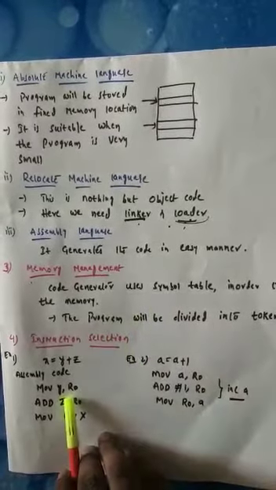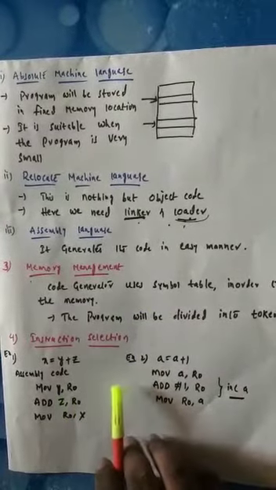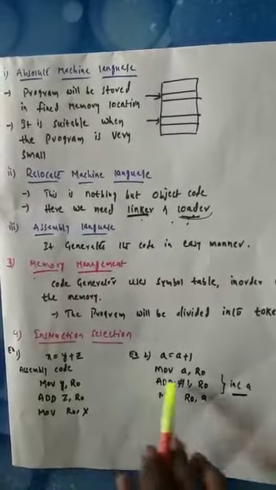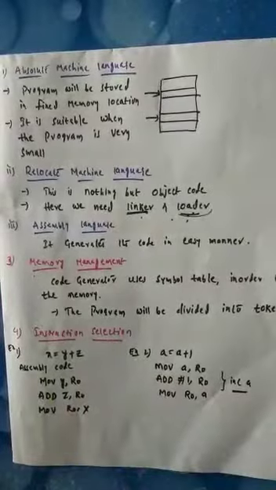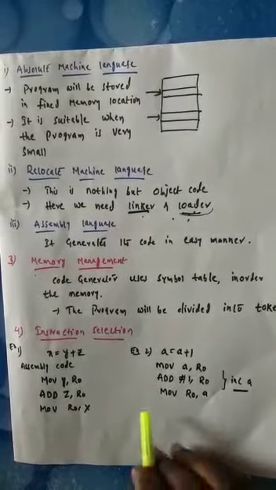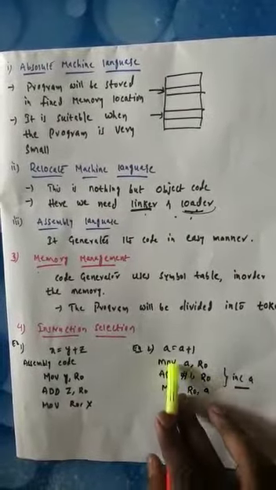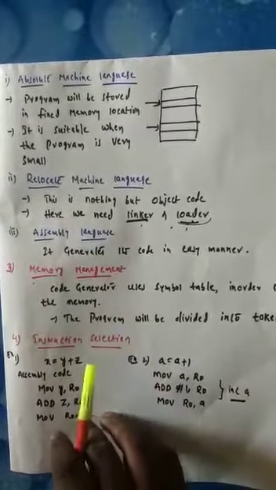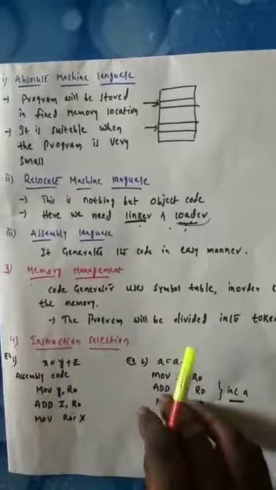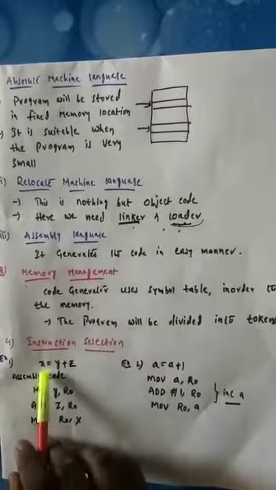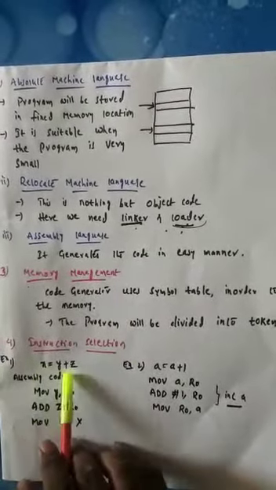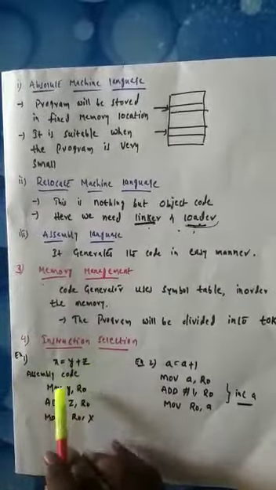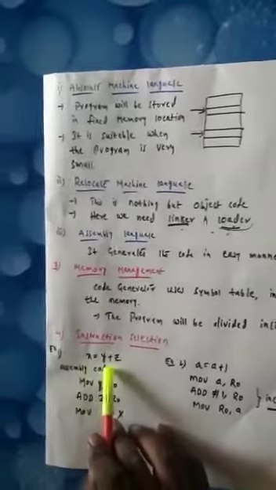And the fourth one is instruction selection. It is very important for producing efficient code. For example, here we have two examples. The first instruction is x equal to y plus z, and the second instruction is a equal to a plus 1. We can translate these two instructions into assembly code. If we take example 1, x equal to y plus z, we can use three address instructions. Those three addresses are x, y and z.